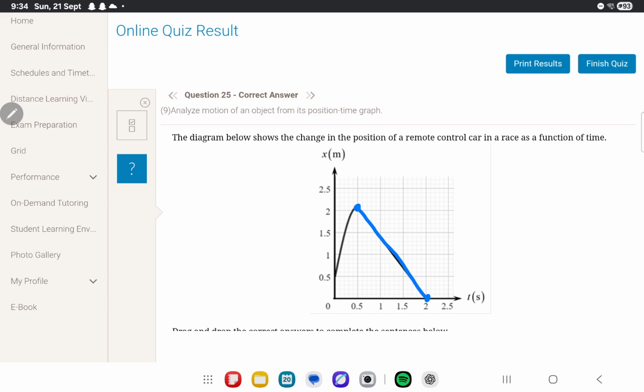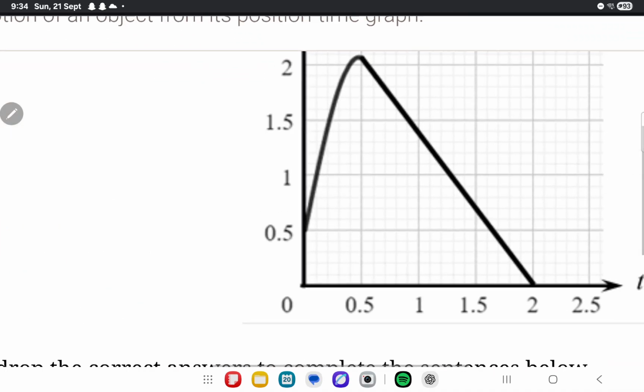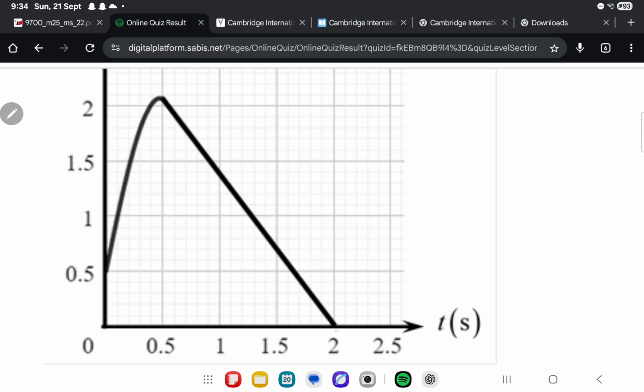So that means it's moving in the negative direction, because remember, this is one-dimensional motion, right? So the origin's here. The car was here at 0.5 seconds, but then it started moving back. So that's why the velocity is negative, and then the average velocity, you just find it by doing this point minus